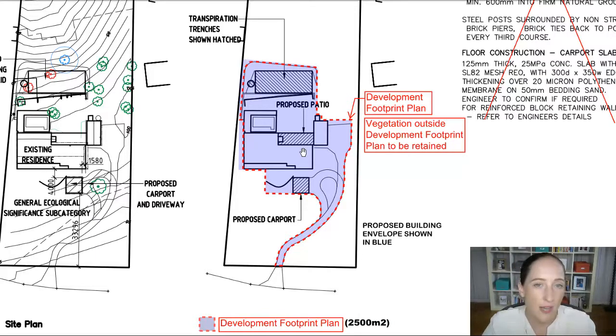If you can cover those areas in the DFP now, it means down the track you shouldn't need a town planning application, provided all the rules don't change between now and then. So you basically safeguard yourself or future-proof yourself by maxing it out to that upper limit, let's just say. Don't go too crazy. Like if your buildable area is 1,000 square meters, don't just cover 2,500 square meters. A little bit unnecessary. But if you've got 2,200, bump it up to 2,500 to give yourself that room to move in the future.